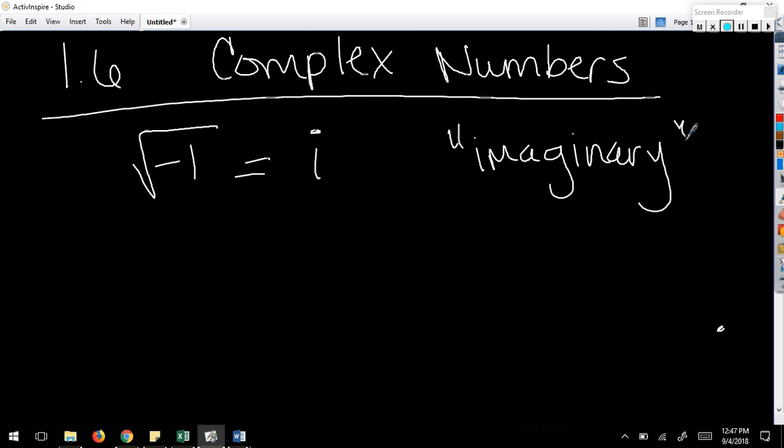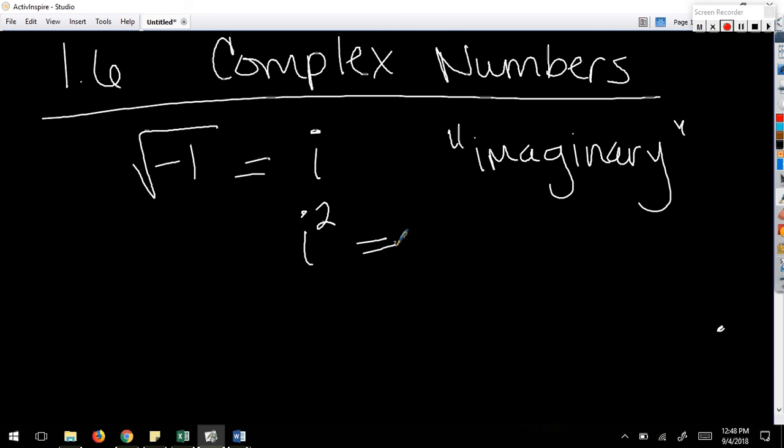Now let me ask you this. We've talked a lot about opposite operations. And the opposite operation of a square root is a what? A square. So what do you think you would get if you squared i? An imaginary number. Close. Oh, negative. -1. Because if you think about it, here's what happens if you've got the square root of 3